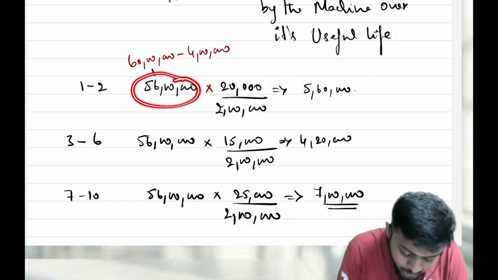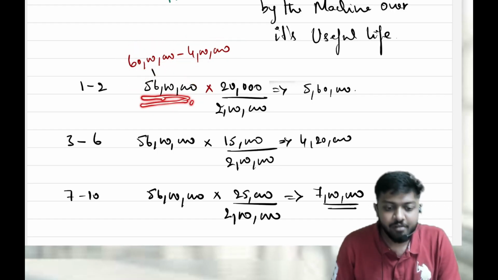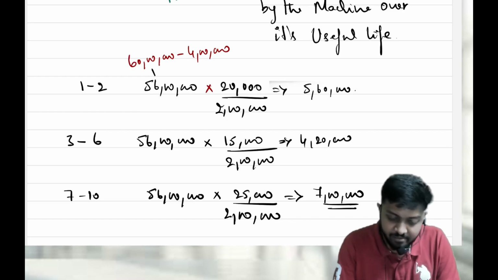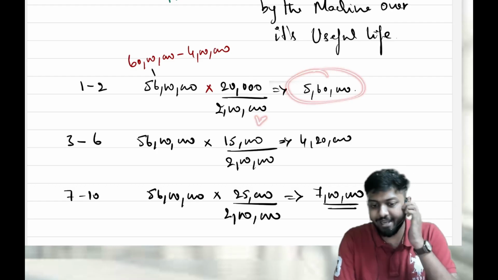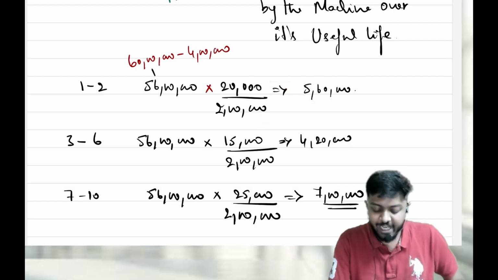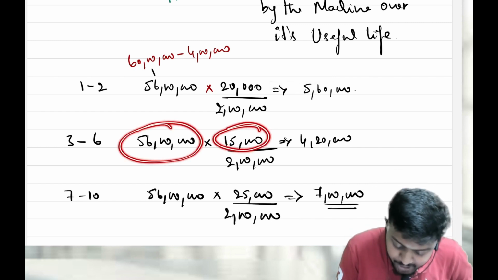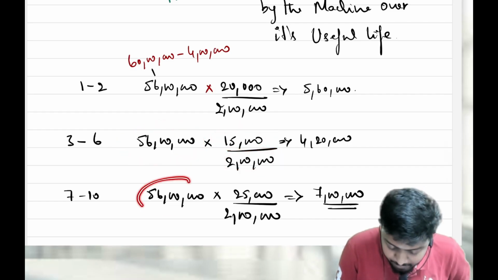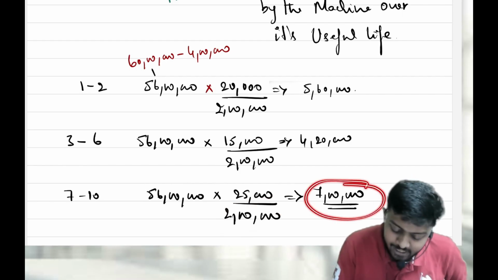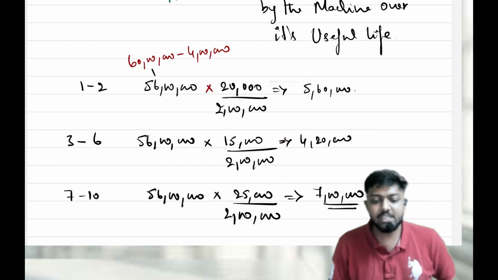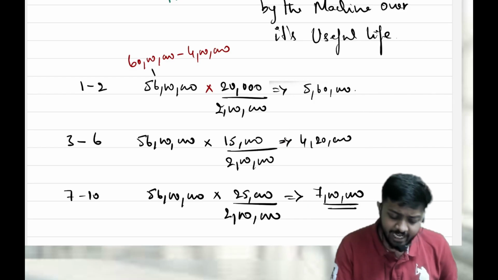What is the depreciable amount? Say cost is 6 lakh and residual value is 4, then this comes to 56 lakhs. Depreciable amount into the first year's production, 20,000 units, divided by the total 2 lakhs. So the first year depreciation will be 5 lakh 60,000. Say in the second year you have produced 15,000 units. Then the same thing: depreciable amount into second year production divided by total production. Then for the third year, depreciable amount into third year production divided by total units. If you do this, you will get the respective depreciation amounts. This is how you calculate depreciation under the sum of units method. So, understood how we calculate depreciation?